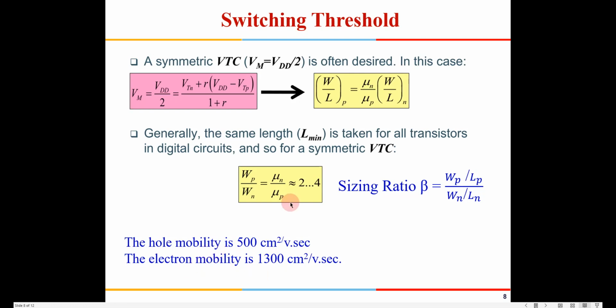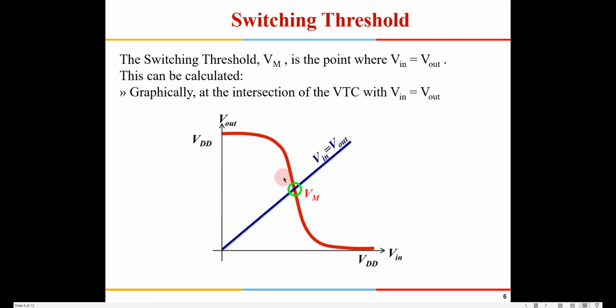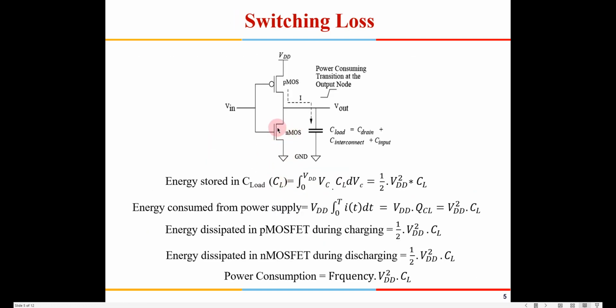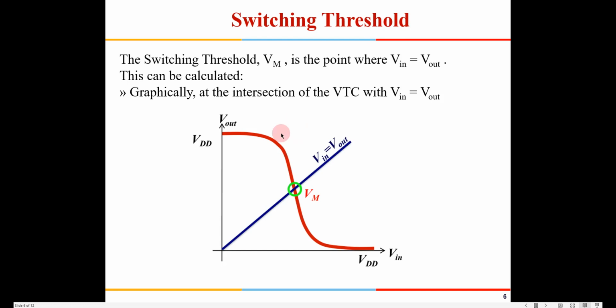So electron mobility is high, and that is why, to compensate for that, you need to use the width of the PMOS at least 2.4, 2.5, 2.6 in this range. Only then will you get a symmetrical curve. If you are going to use a very strong NMOS in this particular device,